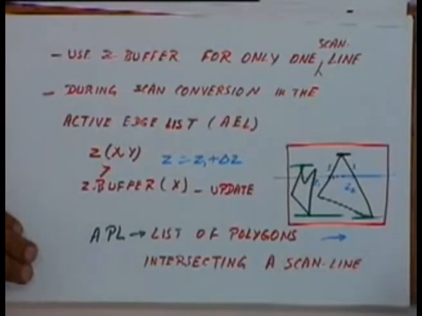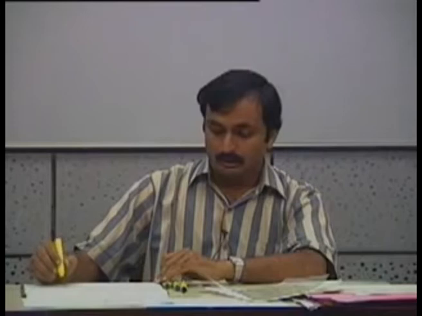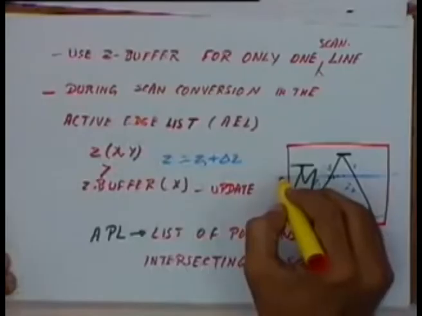So what is the need? Is the active edge list enough? No. Coloration, intensity and reduction: every polygon will have a different color, different intensity. Okay, and we'll first for this scan line,